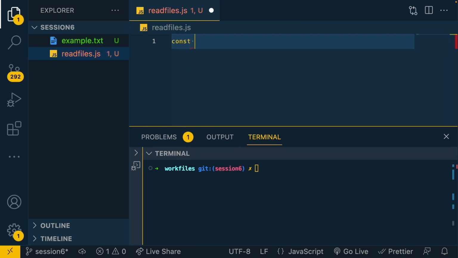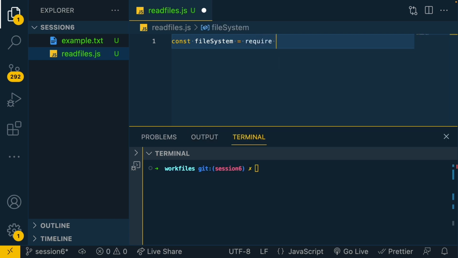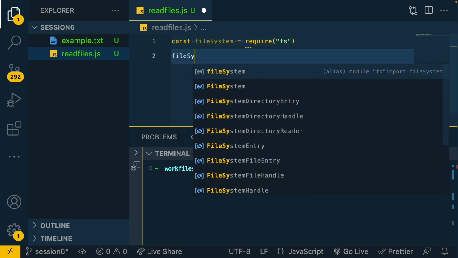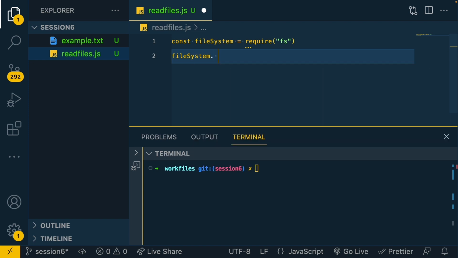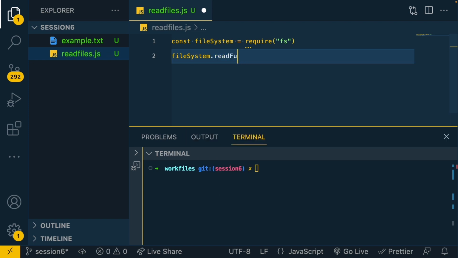I'll start by creating a constant. I'll name it file system. You can name it whatever you want. And I'll require the fs. I'll start using the file system that I have imported from Node, and it has a method or a function